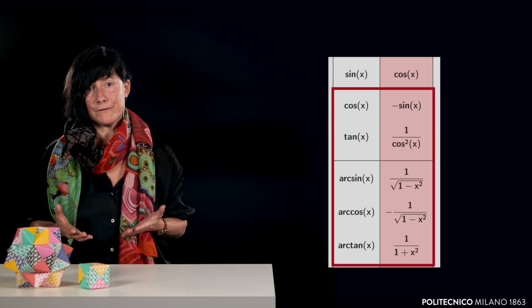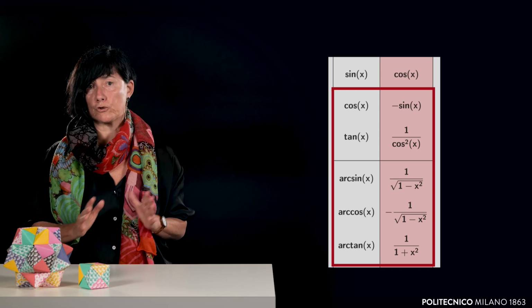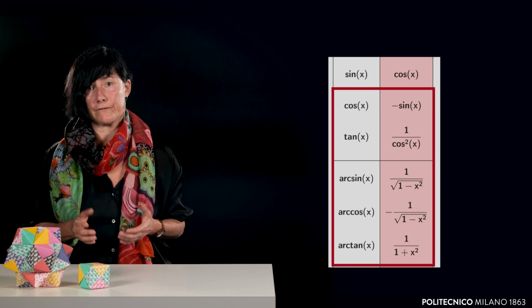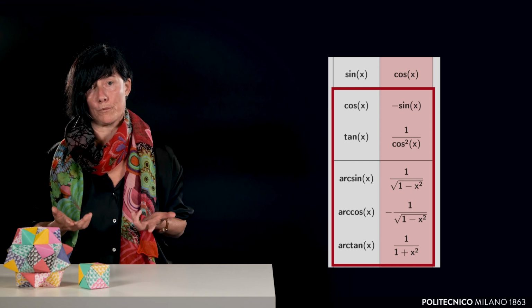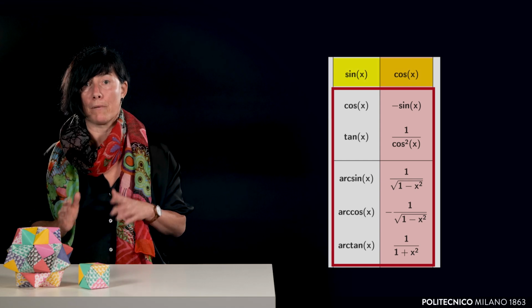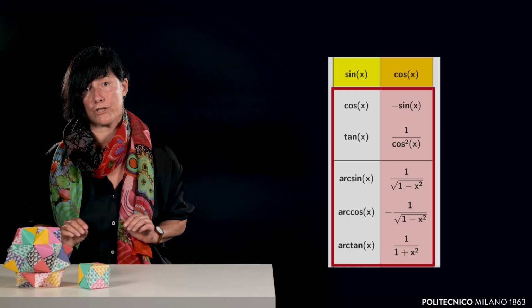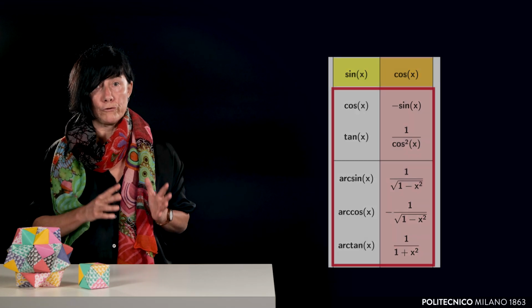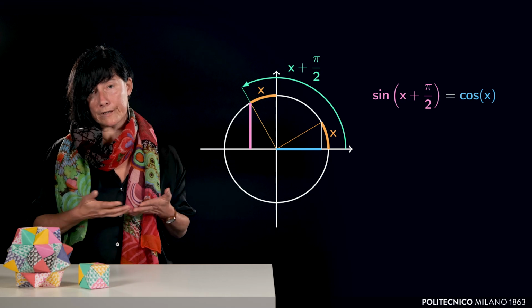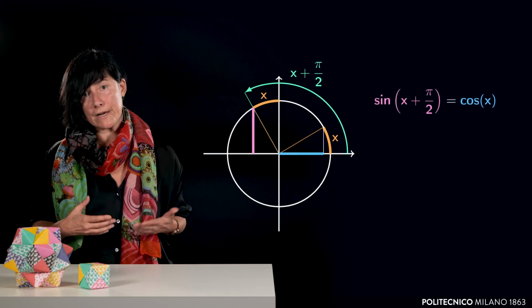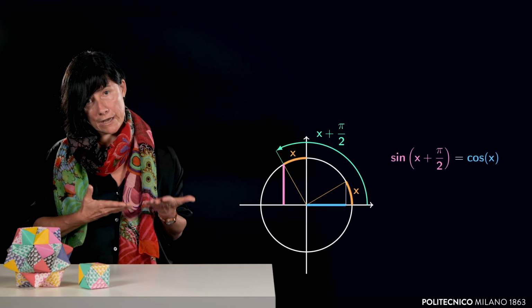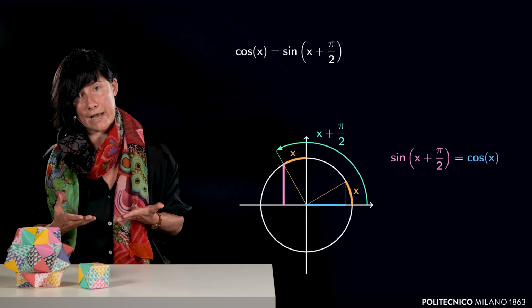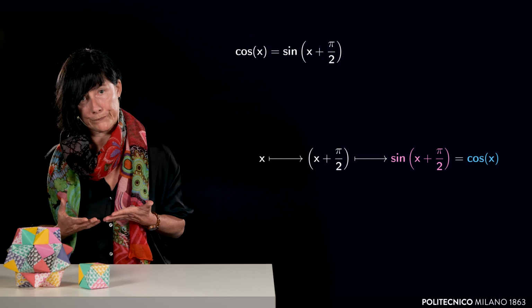As we will see in a moment, it is no longer necessary to pass through the definition of derivative and calculating limits. All these derivatives can be directly computed from that of sine x, by a simple application of the differentiation rules. For instance, let us consider the function cosine x. Recalling the relation between sine and cosine of two allied angles, it turns out that the cosine of x is equal to the sine of x plus pi over 2.